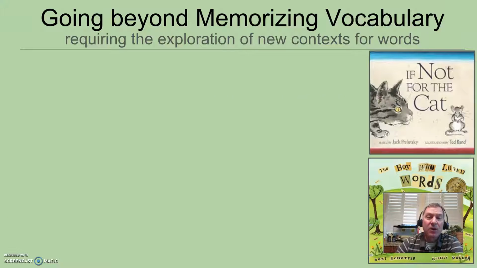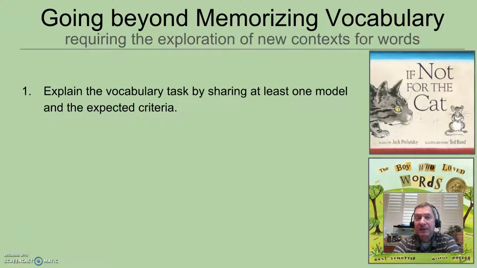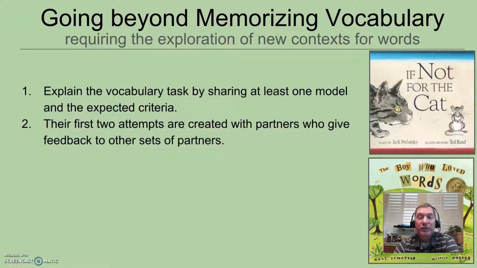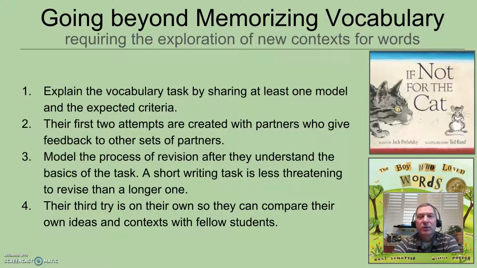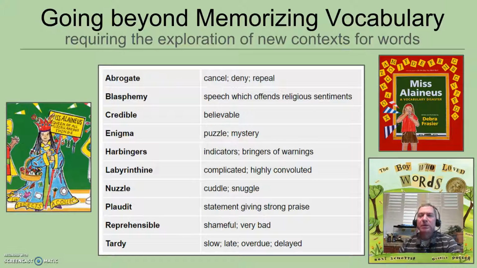And so, when I teach a vocabulary activity, I just want to talk about my 4 main points. I always have to share at least a model and have criteria. You need to build that. For the first 2 attempts that my students do, I make them do it with partners for the safety of the group. It's kind of hard for a student who's not creative to come up with a haiku and then force it into that format. But in pairs or small groups, they can usually do it and help each other navigate the process. I model revision. I don't want them to give me just a rough draft. I want them to make it good. And then their 3rd try is when we start trying them on our own. But this is how my students build vocabulary.